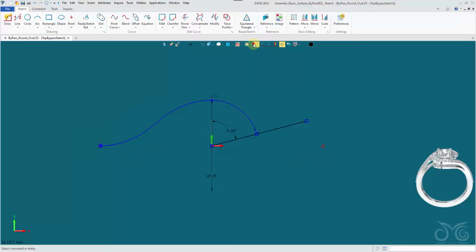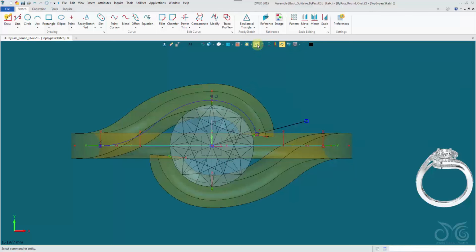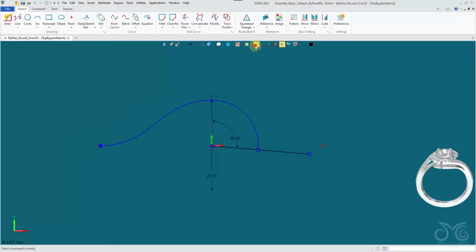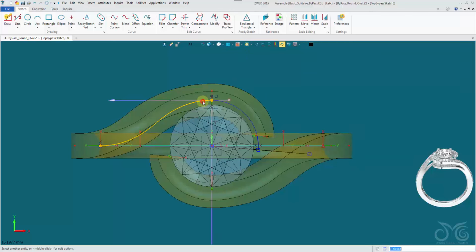Then I think I'll want to rotate, increase how far around our curve comes. Let's say 95 also. And finally, I think I'm going to tidy up this curve, make it look a bit nicer by modifying